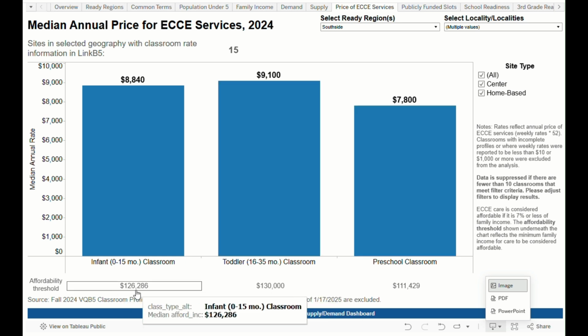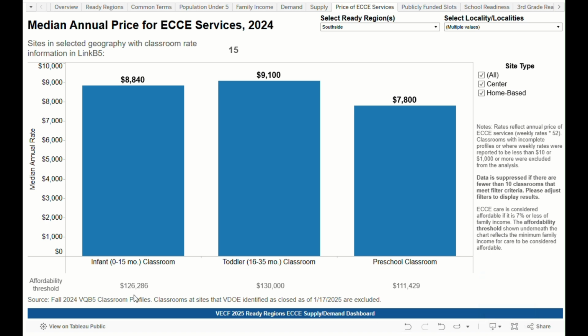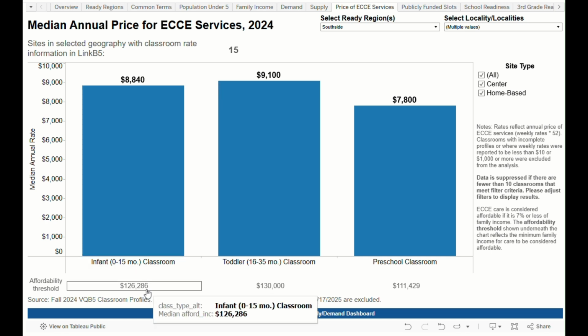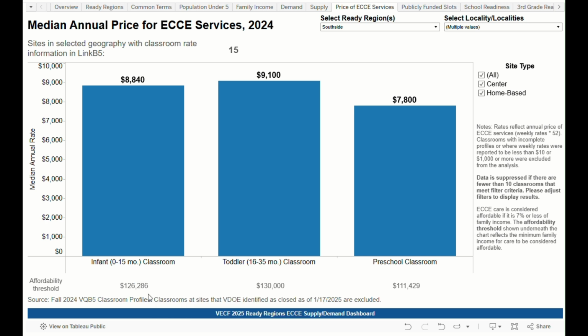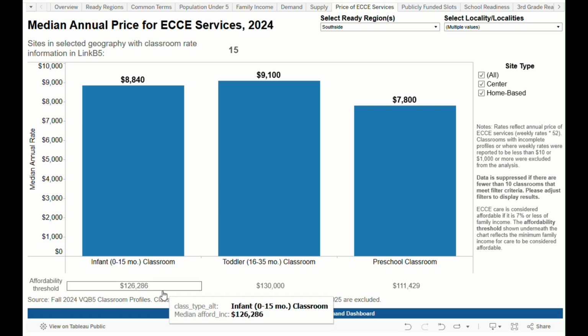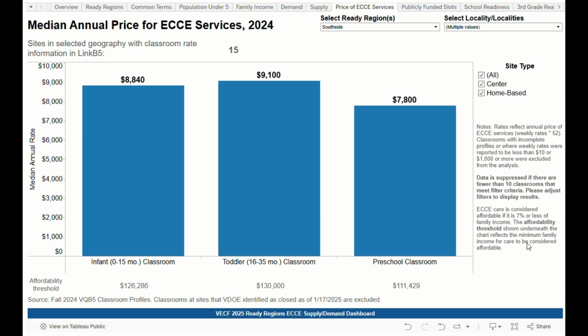So one of the things that I also want to highlight here is that this dashboard shows the amount of income a family would need to make for that median cost of care to be considered affordable. So that price, $8,840, would require a minimum family income in the Danville area of over $126,000. So I said we wanted to compare that to